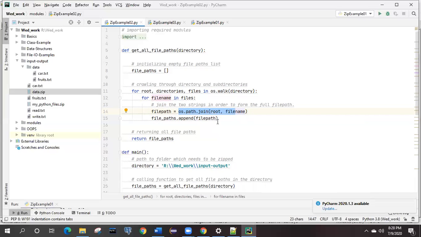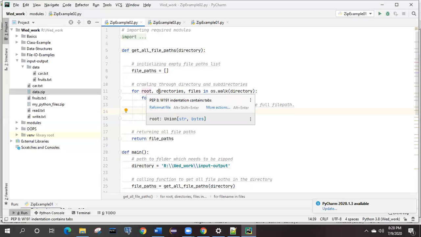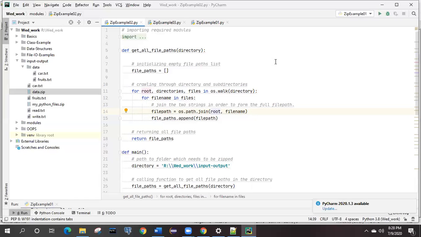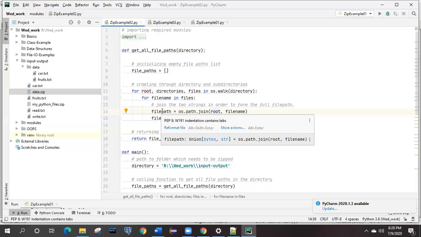Where is it adding? In the root directory; there will be some root directory, and inside that we have to add it. We can see over here, this is the root directory, and in the directories the files will be added. Got it?